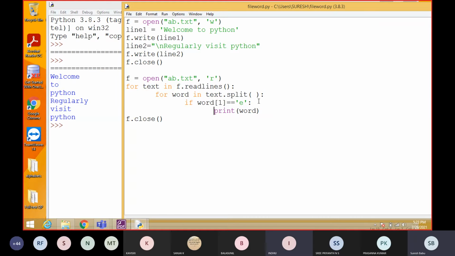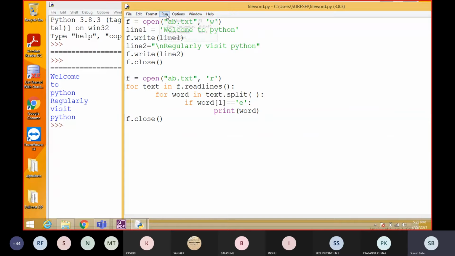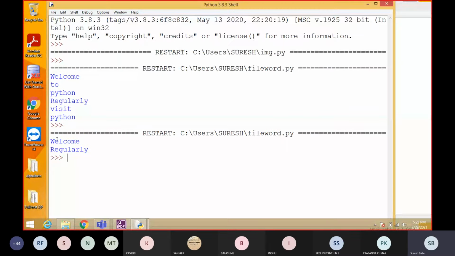Students, understood? This is the change I did here. I am going to execute this program. You see the output. It shows only welcome and regularly. Understood? Everyone note down.